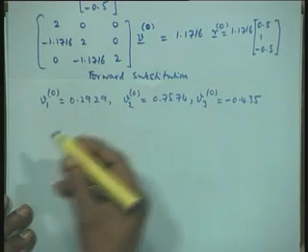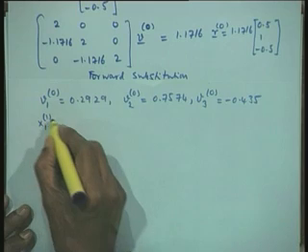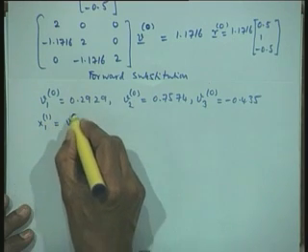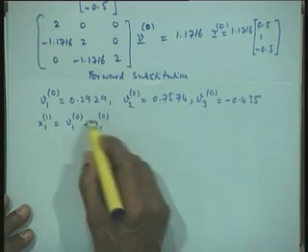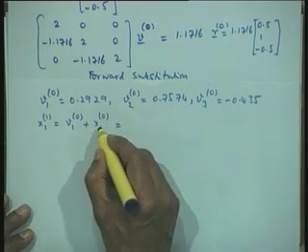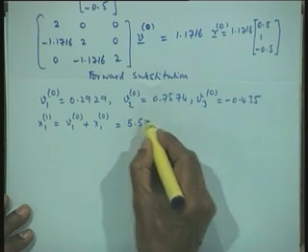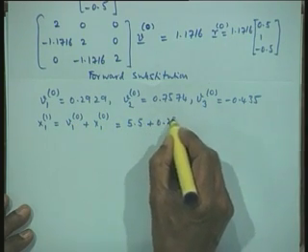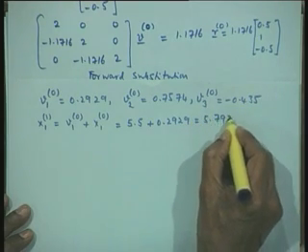Now I generate my new value. The computed value will be equal to x1 of 1 is equal to V1 0 plus x1 of 0. So that is the increment. Therefore I will write this as x1 0 plus V1 0, and x1 0 was given as 5.5 and I have this as 0.2929. So I will have 5.7929.